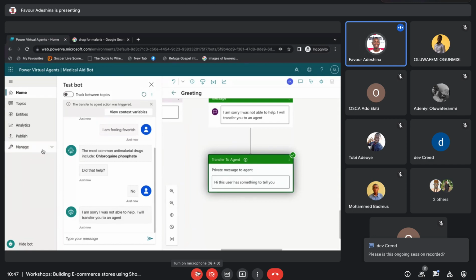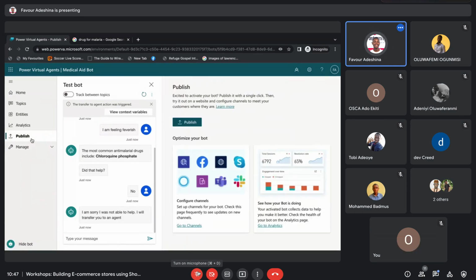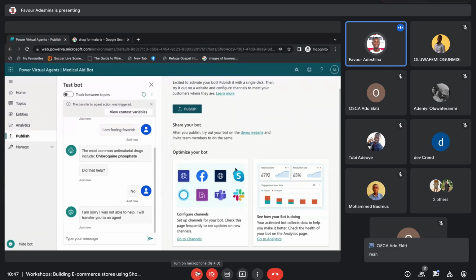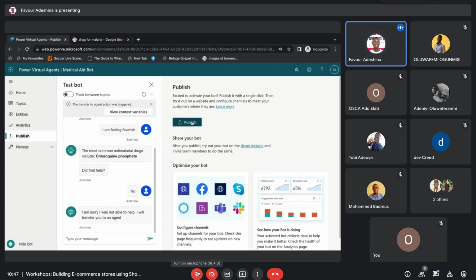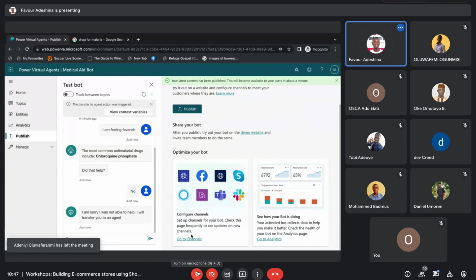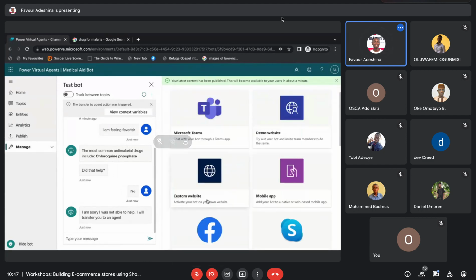So it's that simple. So let me just show you how to, although there's, I don't know, so you can publish your bots. So that's how to use the bots. Of course, I told you, you can use it in Facebook, Skype, Slack, Microsoft Teams, or even in a website. All right, and then you can check the analytics of the bot. That's the performance of the bot. So I don't know where I will deploy this to now. What should I deploy this to now? This morning. So demo website.